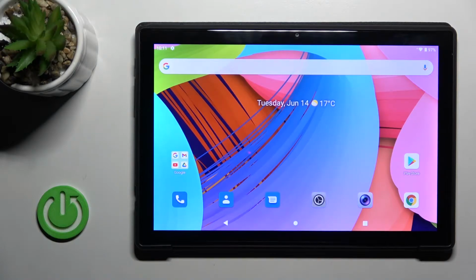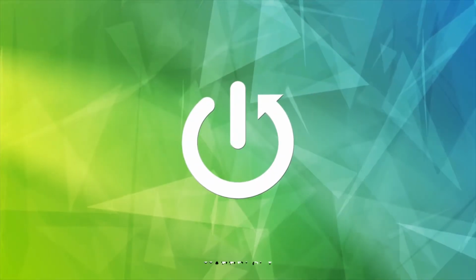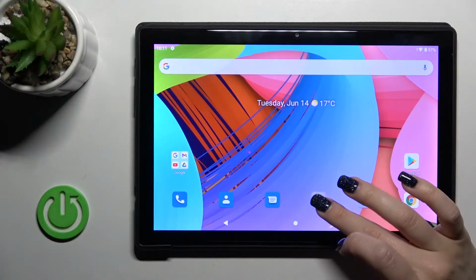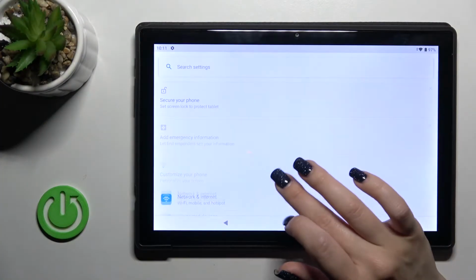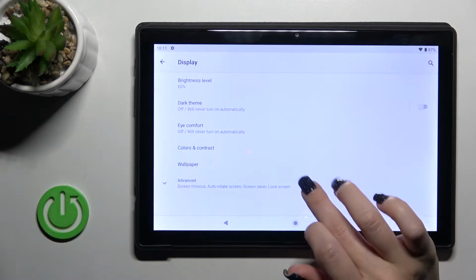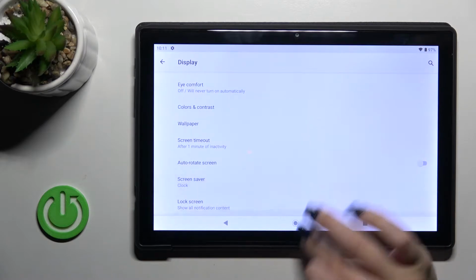Welcome to the Oukitel OKT1 in front of me, and I'll show you how to turn on the always on display feature on this device. Unfortunately, we don't have the AOD feature installed by default here, so we should just get the application